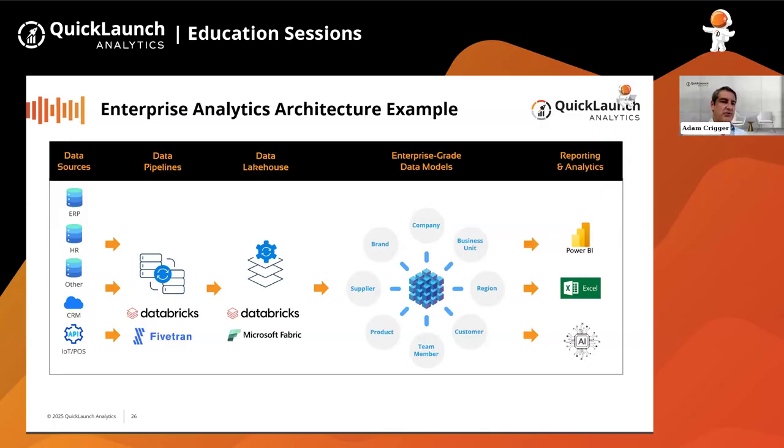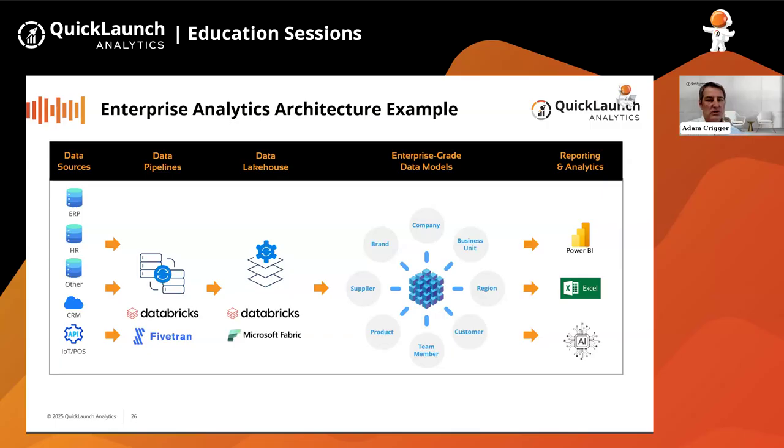But if you think about users, not everybody is going to be running their own data models and data science. They're going to be trying to do day-to-day analysis and day-to-day decisions, and all that data gets another layer of transformation into a usable format that they can consume and ingest. That's where the enterprise grade data model comes in. You've got all this data from all these different applications, feeding pipelines consistently to a lakehouse, and then you bring that into Power BI.